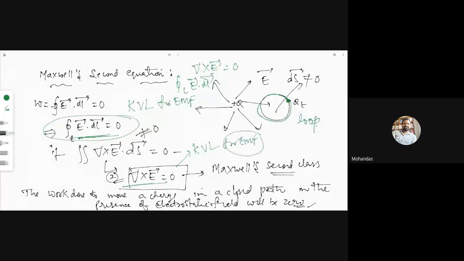Like in competitive examinations like GATE and GENCO, EMF sometimes it's 0. Or closed line integral E dot dl equal to 0, work done in moving a charge in a closed loop is equal to 0. That KVL is derived from these EM concepts only. All the network subjects are derived from EMF only. Right? This is the basic subject for electrical engineering. All the subjects are derived from EMF only. Okay? So what I am trying to say is that